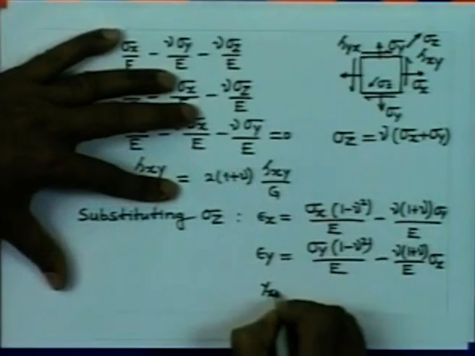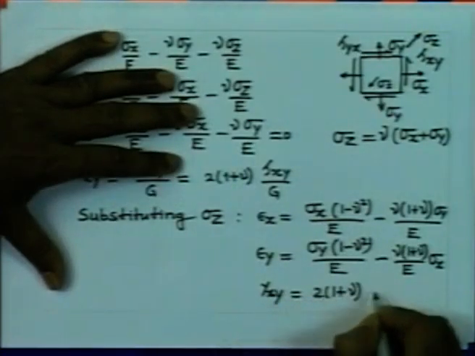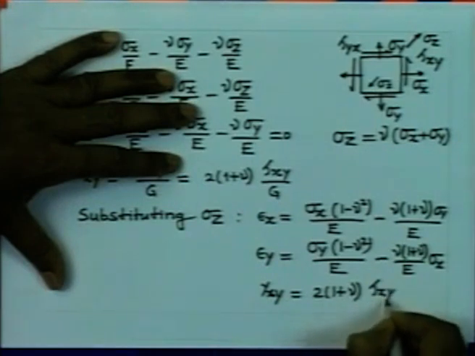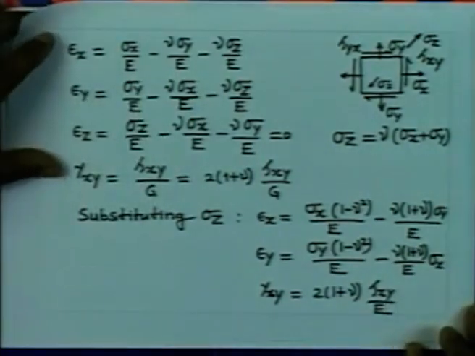And we have gamma xy as 2 into 1 plus nu tau xy by E. These are the relations in the case of plane strain,